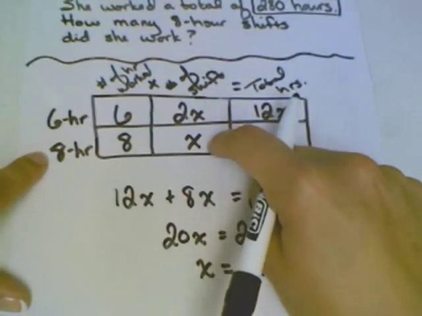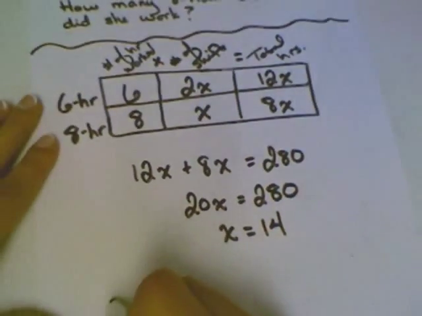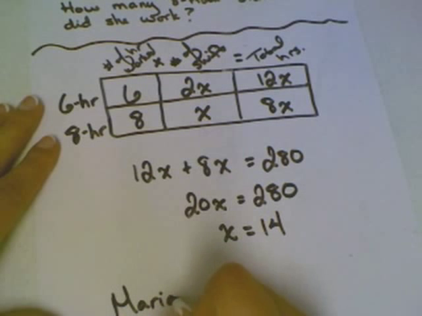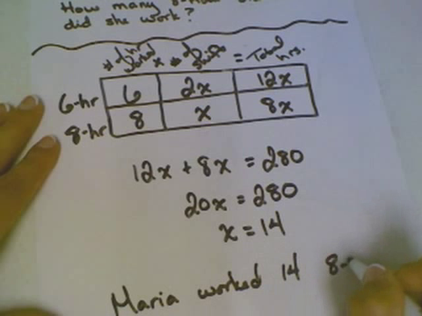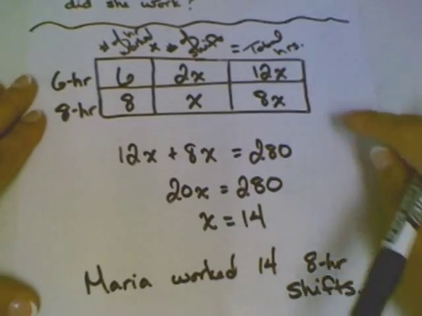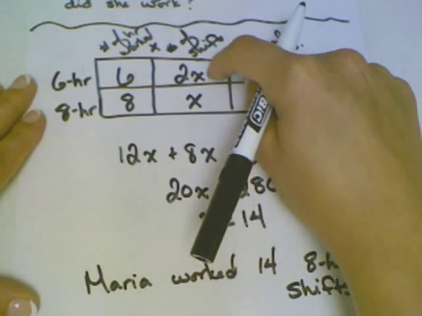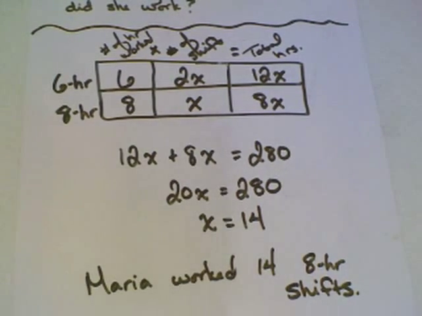x represents the number of 8-hour shifts, and that's what the original problem wants us to find. So we can say that Maria worked 14 8-hour shifts. Now, if the question asked us how many 6-hour shifts did she work, well, I can just go up here and say, oh, well, x is 14, 2 times x, she must work 28 6-hour